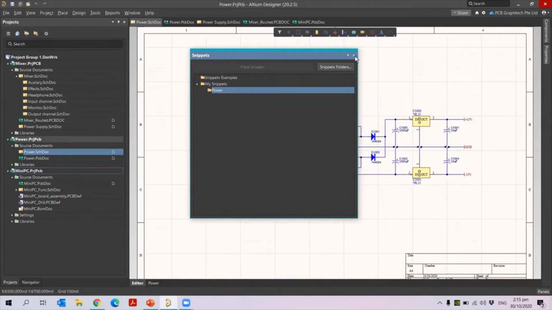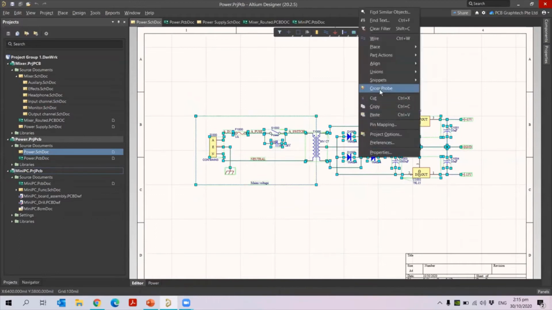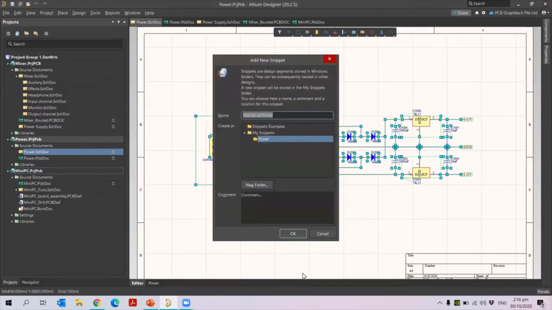Once I've created it, I'm going to place this portion of the block inside my snippets. To do that, let me select this first. Select it, then right click and go to snippets. Automatically it will say create snippet from selected objects. It will create the snippet for the whole selected objects. It can be a portion or the whole, whatever you want, you can just select it. Once selected, the page will open for you.